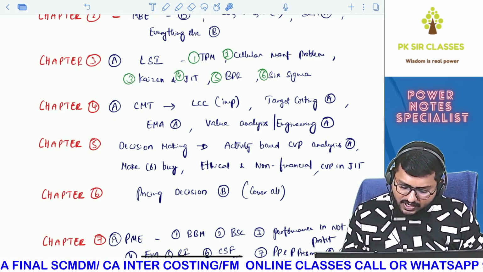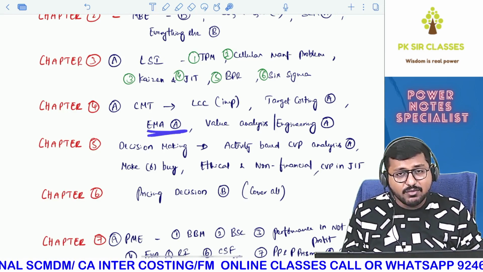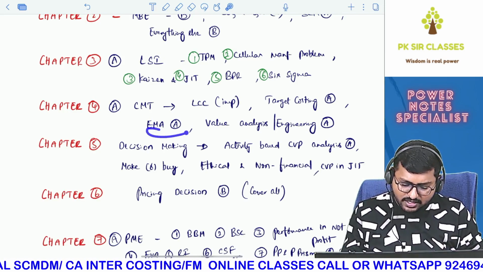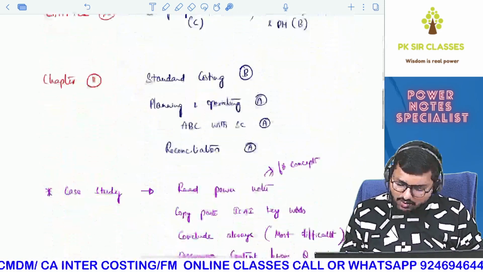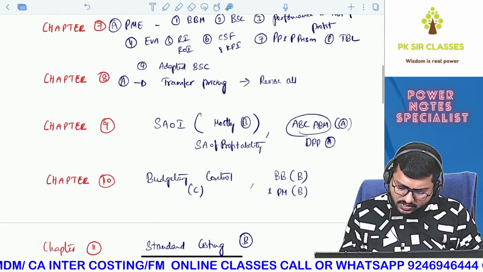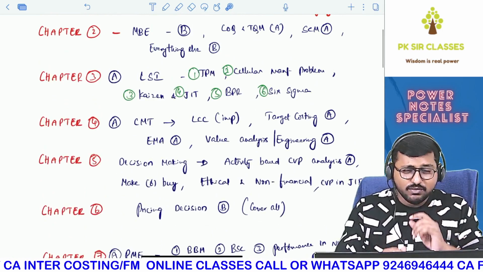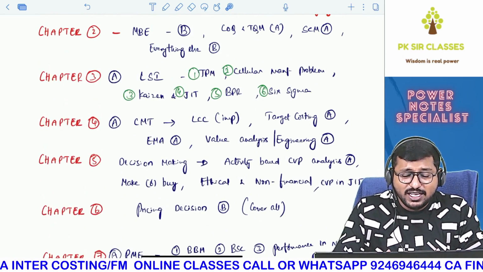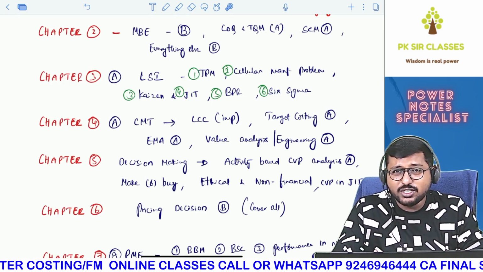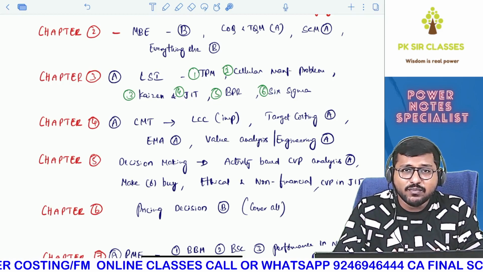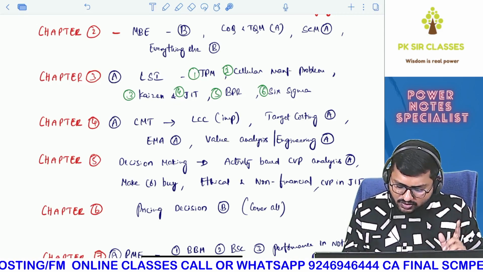Keep that in mind. Next, target costing is also a category. Environmental management accounting is also a category. Either an EMA, environmental management accounting, question can be asked, or triple bottom line can be asked. Where is this triple bottom line? Yeah, from chapter 7. Okay, because environmental management accounting is all about decision making, considering all this environmental impact, whereas triple bottom line is all about reporting, considering the environmental aspects. So either of these topics can be touched upon, so keep that in mind.